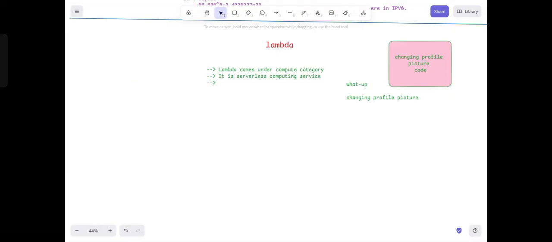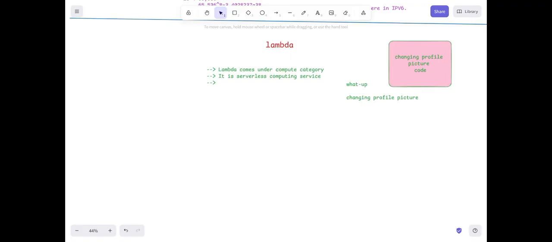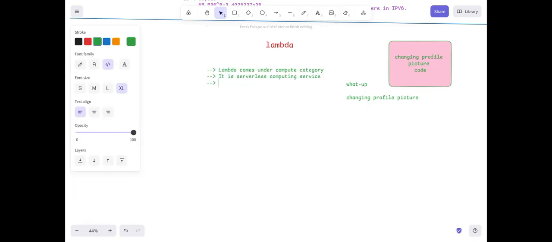Okay. So in this Lambda, we are not going to maintain or manage the servers.